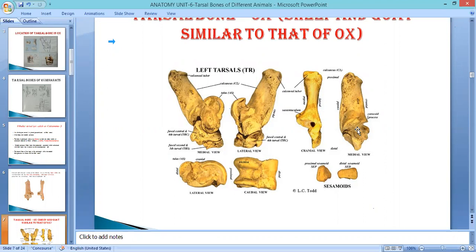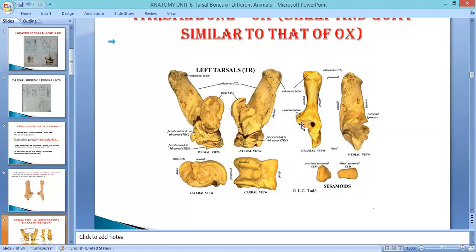Only two or three points are important. One, sir, is that this is the largest bone of the hock region, the largest tarsal bone, and for description it contains two major parts, the body and the process. The body proximally has a tuberous structure, tuberosity, and medially the process is known as sustentaculum tali. What is the role of the body? We have already discussed. What is the role of sustentaculum tali? And it has two surfaces: the lateral surface, which is somewhat smooth and irregular distally, and the medial surface.